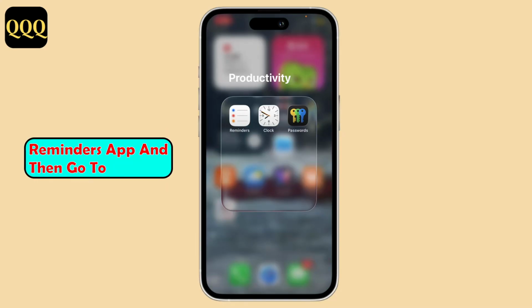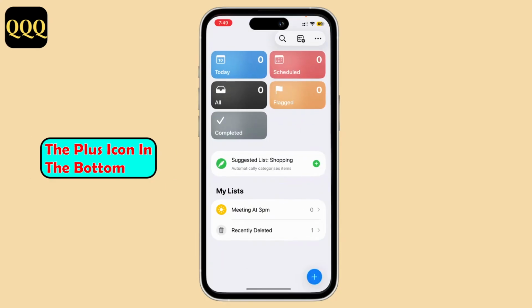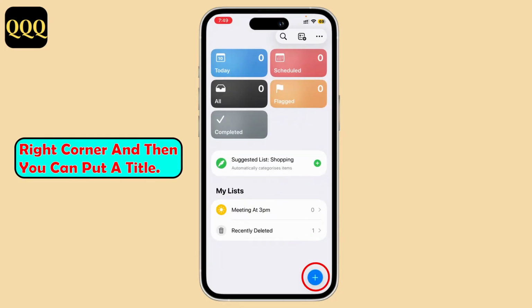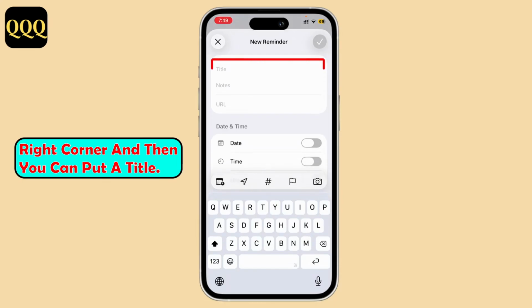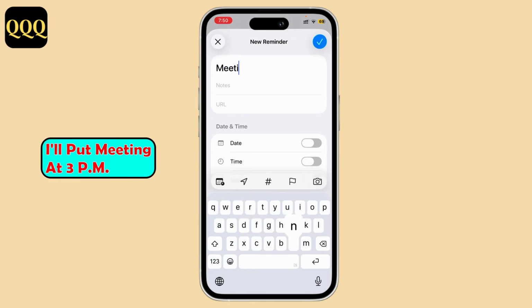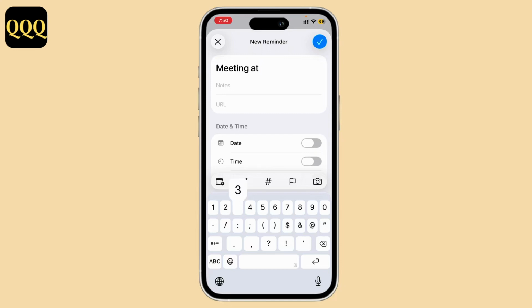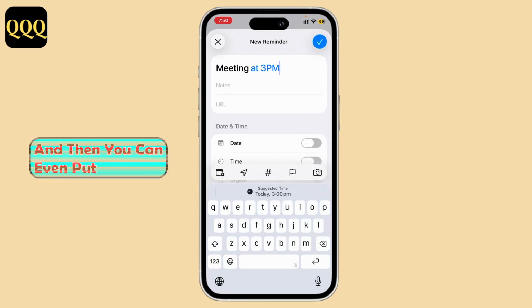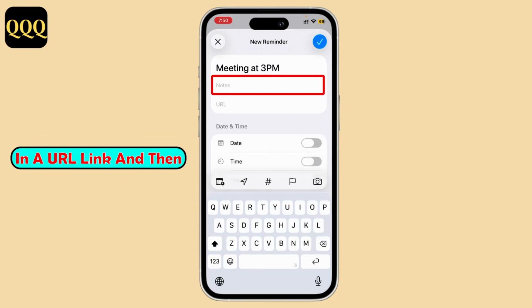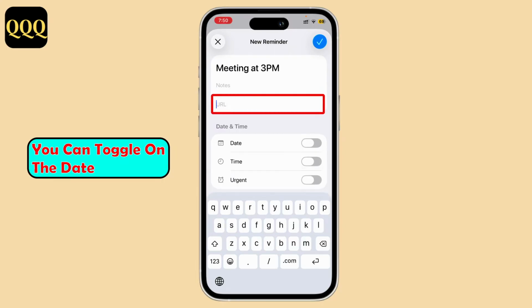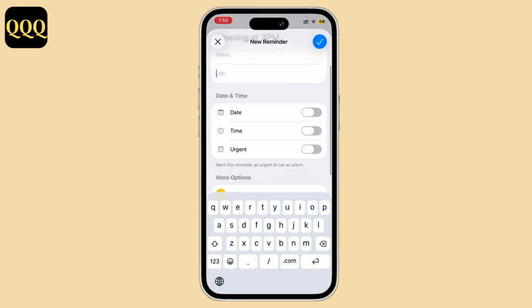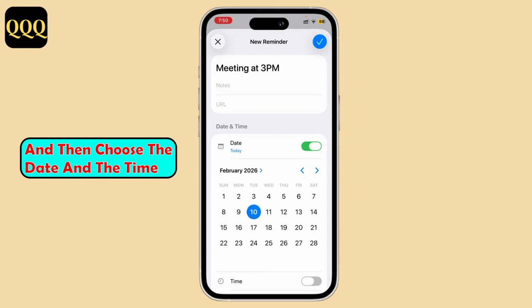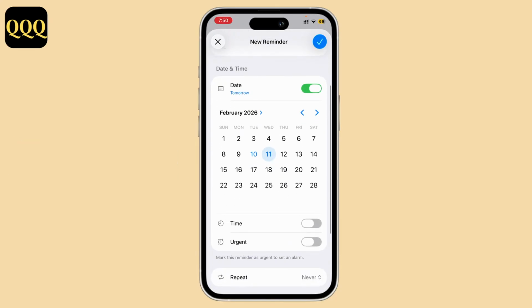Open up your Reminders app and then go to the plus icon in the bottom right corner, and then you can put a title. I'll put meeting at 3 p.m. And then you can even put some notes if you want to. You can even put in a URL link, and then you can toggle on the date and then choose the date and the time,